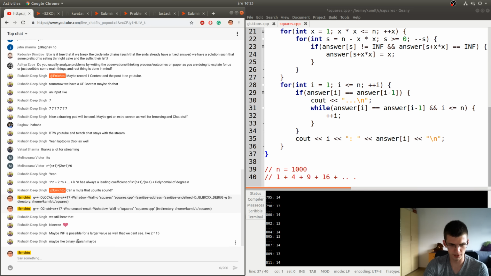And binary search, I don't see what we would find here with binary search, how to apply it, because what we have to check is whether it's possible to get some number exactly. For example, can we get answer 14 for number 1000?